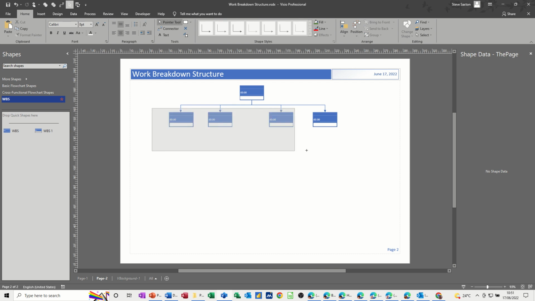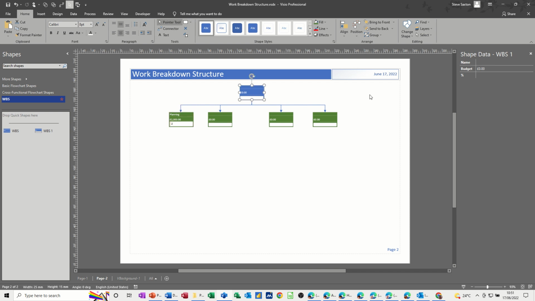So these 4 are going to be the headings, so I'll just change the fill to green, and then you need to put the information in for each of these headings. So the first one was planning, and now this is where the shape data window comes in. So that's planning, and then you give yourself a budget for planning, put a capital on that. So the budget would be, say, 2,000, I think I did the other one, and it's 2% of the overall